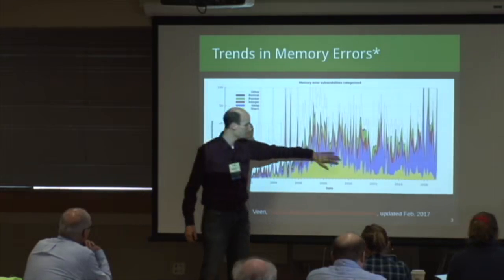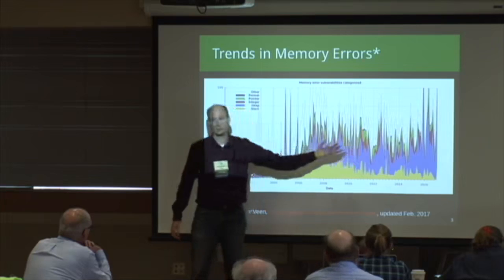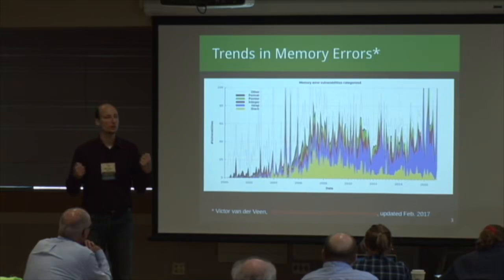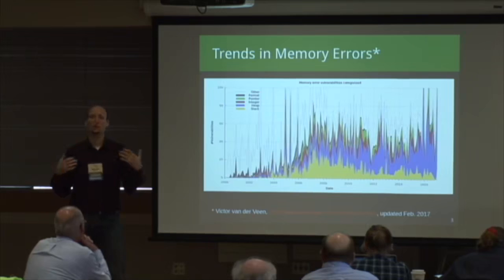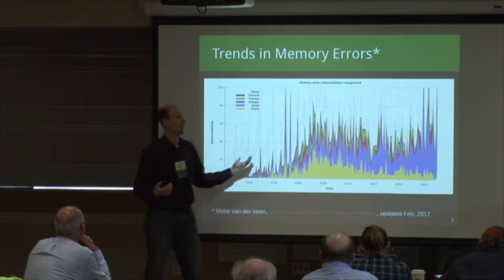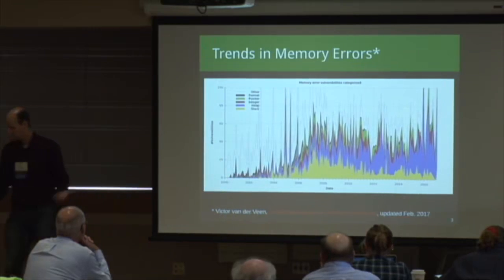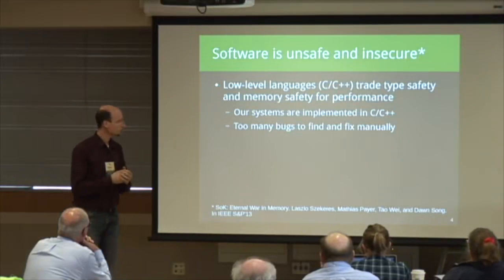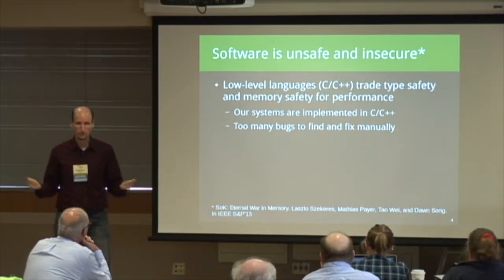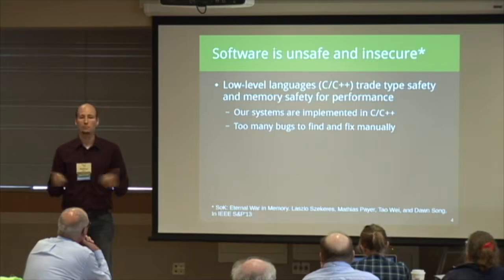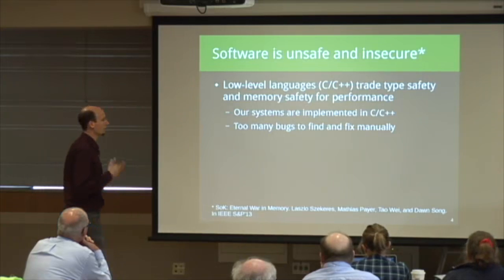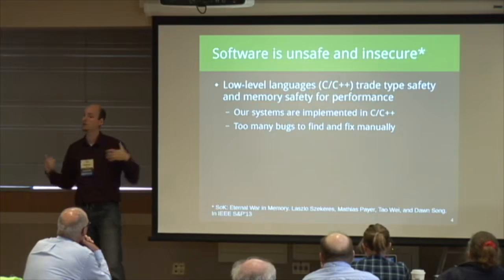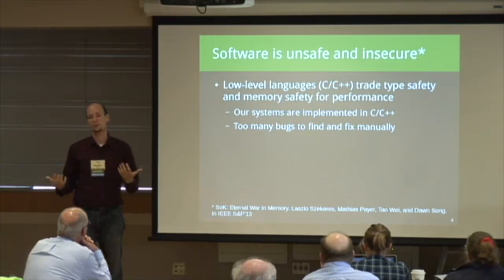If you look at what kinds of exploits are being used nowadays, it's mostly heap-based exploits, use-after-free, different forms of use-after-free constellations where memory objects are used again after they have been freed at a later point in time. So can we say that software is unsafe and insecure at any time? In the end, what we are using on our systems is pretty much everything implemented in C and C++, and C and C++ are programming languages that trade type safety and memory safety for, let's just say, some potential performance gain.